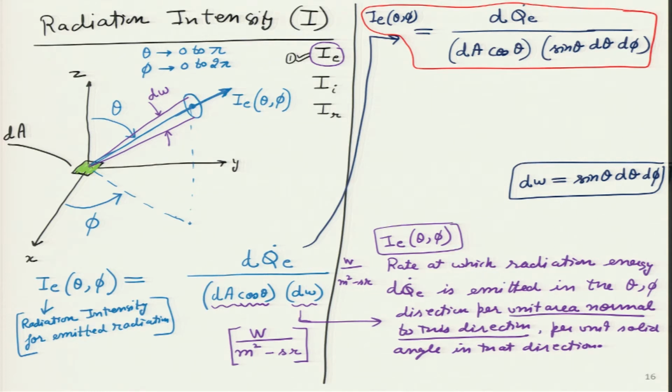I hope this concept is clear with the help of this diagram over here. How will we use it? It may be sounding a little complicated to students, but let me put it in simple terms: what is this red star equation over here, what does it really tell me?